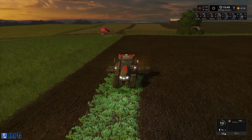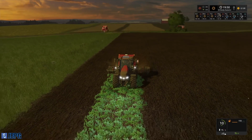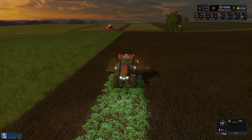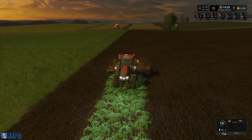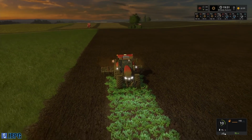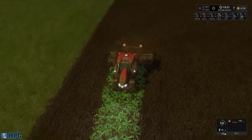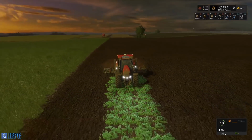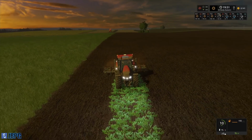risk of putting in oilseed radish, but don't forget, I bought that slurry spreader and I need a reason to use that. So that sunflower field still being harvested, that's what we're going to spread slurry on, and we'll probably do that tomorrow once we've got the barley harvest out of the way. So we'll spread some slurry on that field there. We might even do it on our barley field as well. Depends how much digestate we're going to have left over, because that's a big old field that we're harvesting away on there, and I don't know if the